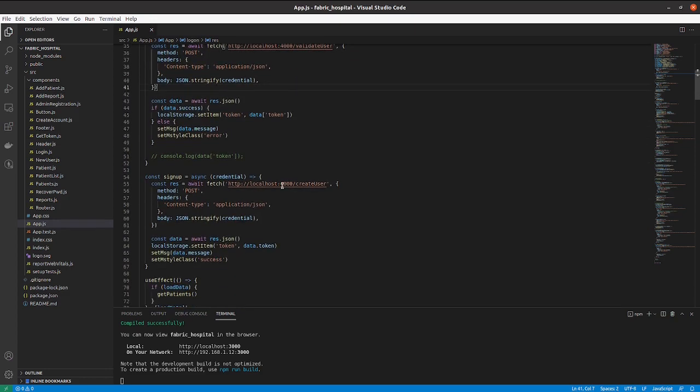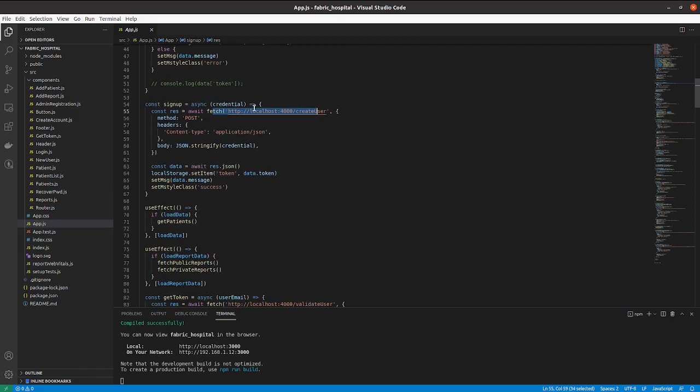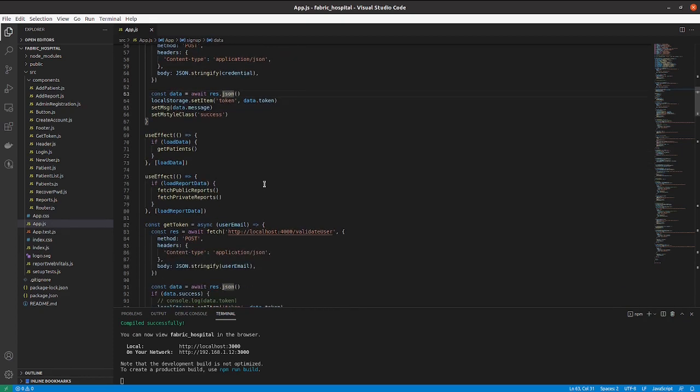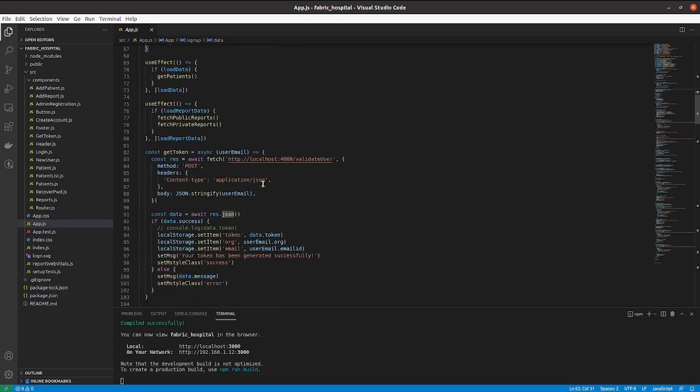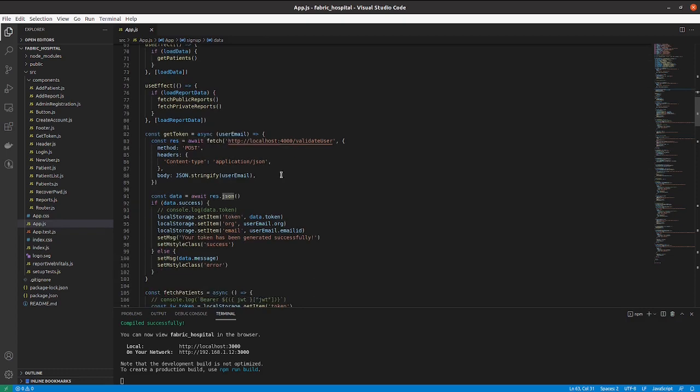First sign up, create user: the create user function will call this API create user. This is get token.